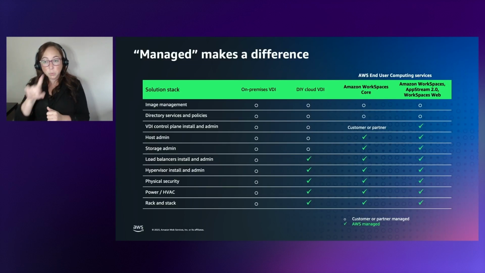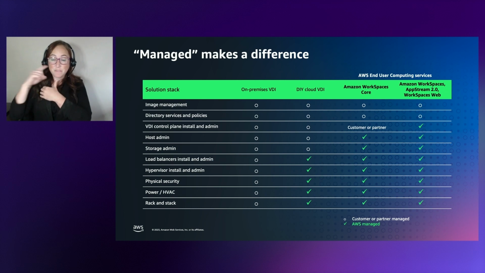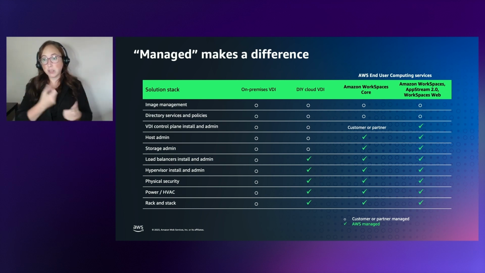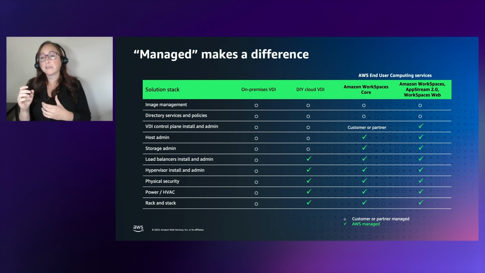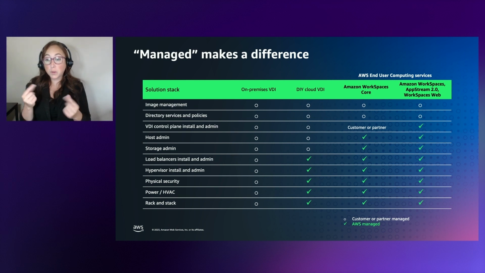Okay. We talk a lot about fully managed with AWS end user computing. It's really about who's responsible. Customers increasingly are gravitating to the idea that, hey, if AWS can take on more of that load and that undifferentiated heavy lifting, I'm all for it. So AWS is here to help with our core services: Workspaces, AppStream, Workspaces Web. Quickly look at some of the different things you have to do in any virtual desktop environment. We are taking more responsibility, as well as our partners with Workspaces Core, to shoulder that load. And what that means is more efficiency, more opportunities to optimize from day one, less burden on the administrator, and keeping our end users productive is what it's all about.